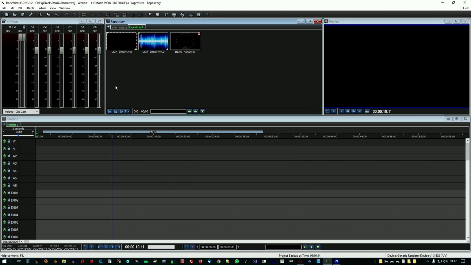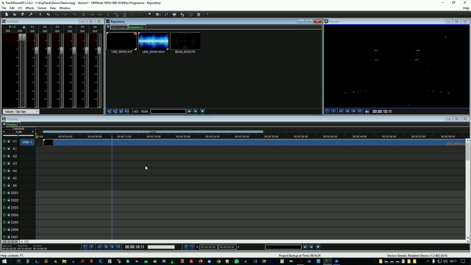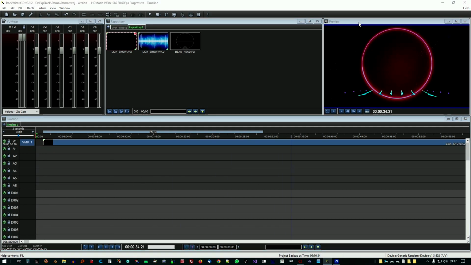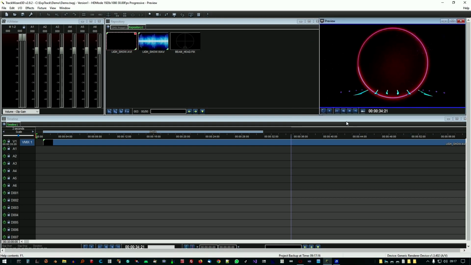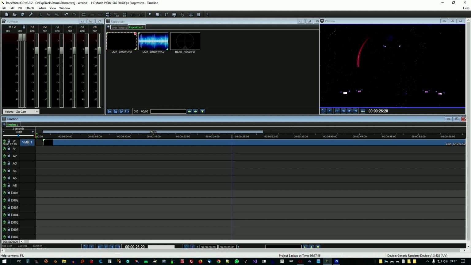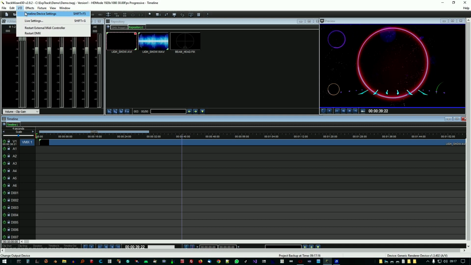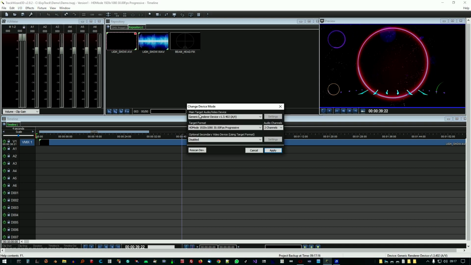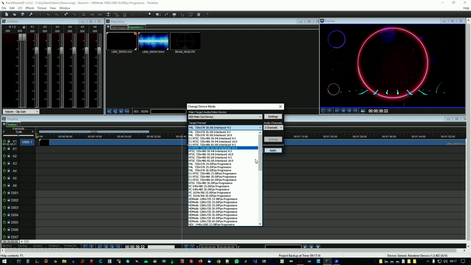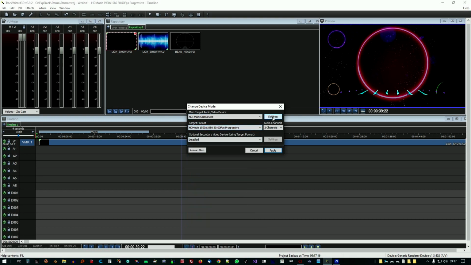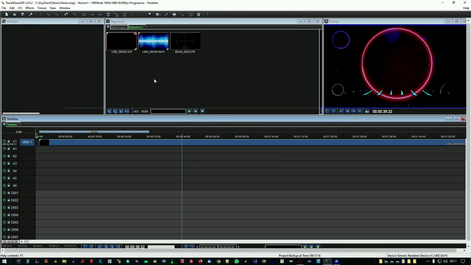Moving the video file to a free track on the timeline automatically activates the output to Video Mixer 1. The program, in the Gold version, manages two separate video mixers with selectable output on one of the video devices present in the system. From the Input-Output menu, check the active video outputs by selecting Timeline Device Settings. Let's change the default output, which uses only the preview window. For example, let's select the NDI network port output, which creates an NDI source video stream. We set the name of the video port that can be connected by any other program compatible with the NDI standard. In the same way we add the corresponding audio file on the audio tracks of the timeline.